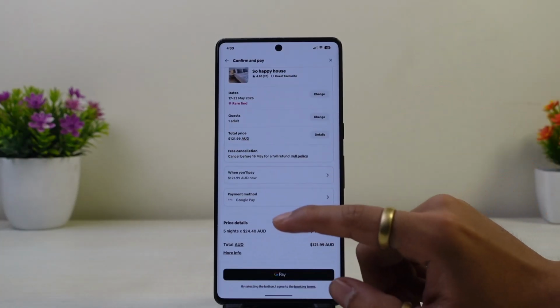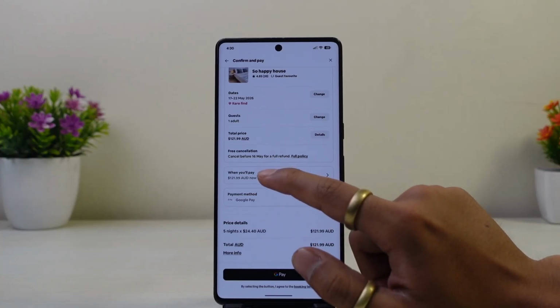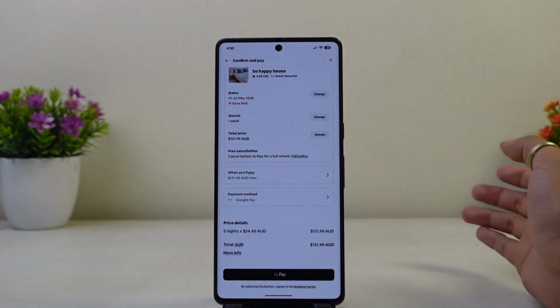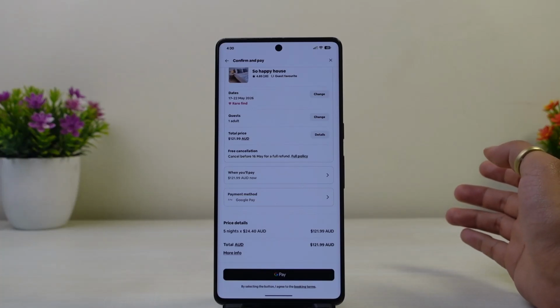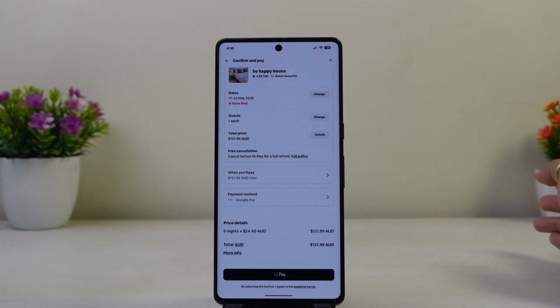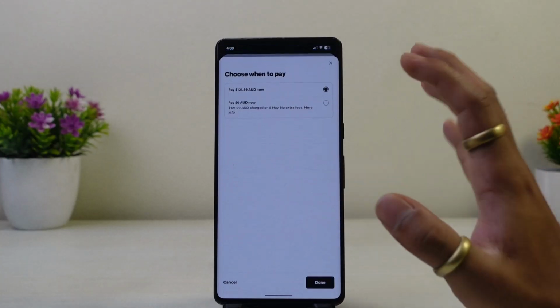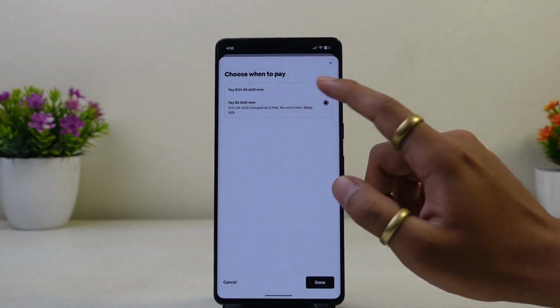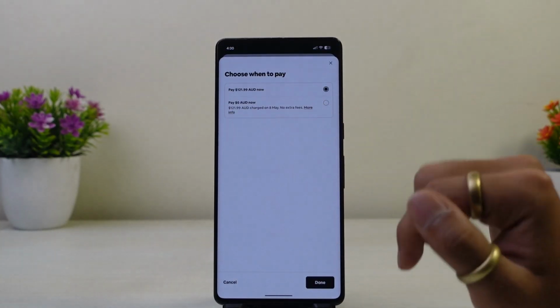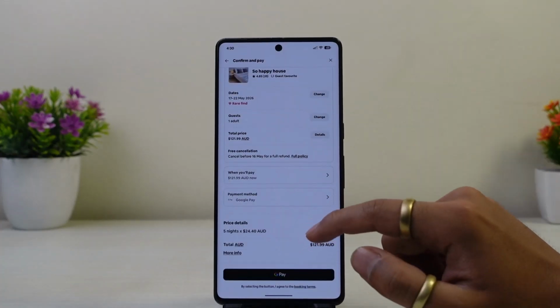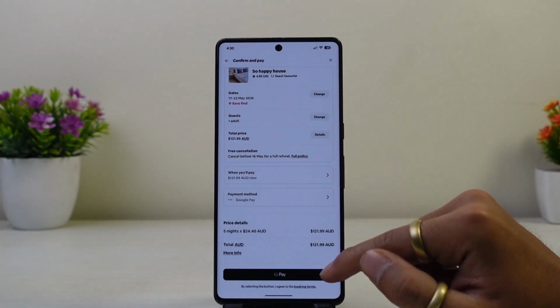Now, as you can see, there will be an option called when will you pay. Now, if the Airbnb has allowed an option called reserve now pay later, it will most probably be available over here, and all you have to do is go ahead and tap on it, and once you've tapped on it, you can go ahead and tap on this done button,